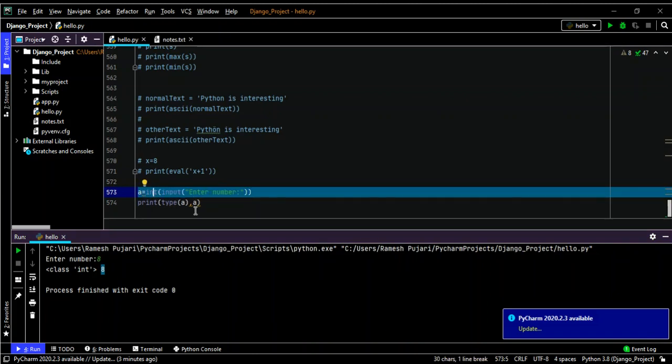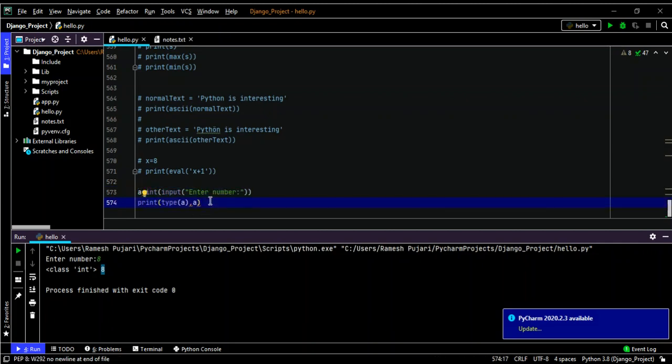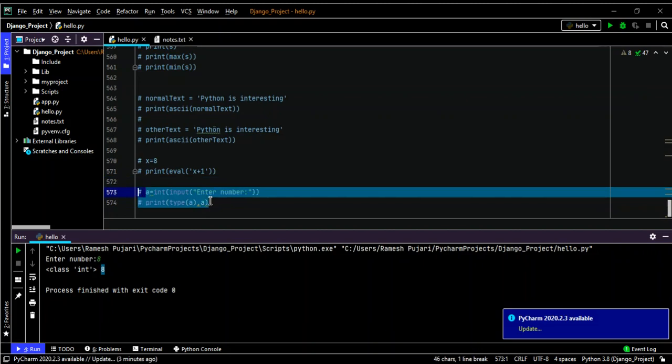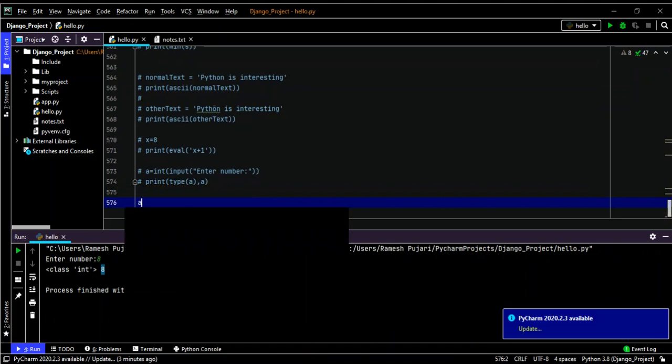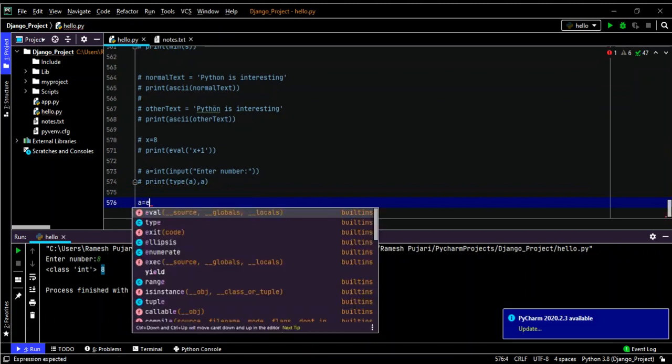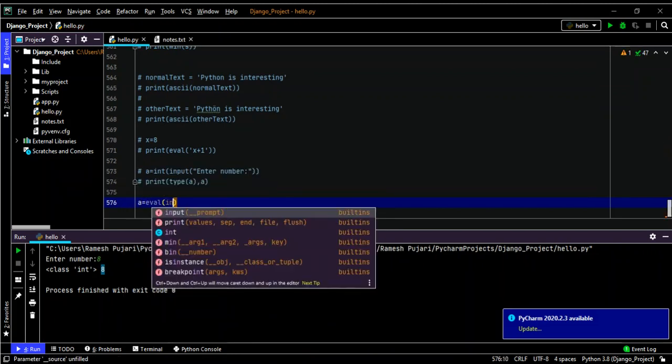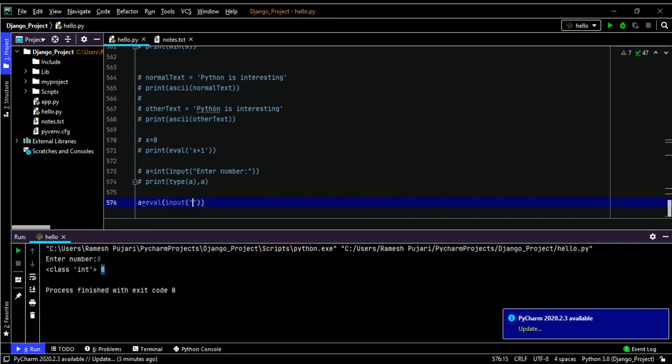To overcome this problem, we have the function called eval. Now I will show how to use the eval function with input from the user. So here I am using eval of input. So you can take the input from the user.